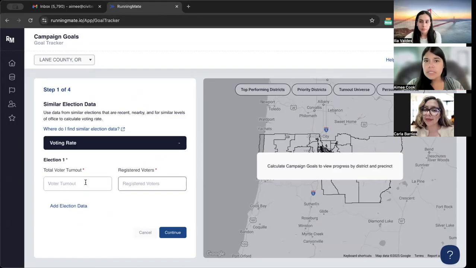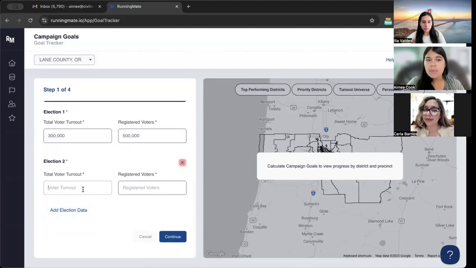But the first step is to put in information about past similar elections. So in this case, this is a county election. It would probably be a countywide seat or something that someone is running for. You would put in the number of people who turned out to vote in that particular election in the past, and then the number of people who were registered who could have turned out in that election. So in this case, we're just going to put in some dummy data. And you'll see here that it calculates for you what that voting rate was. You can put in up to 3 past elections,